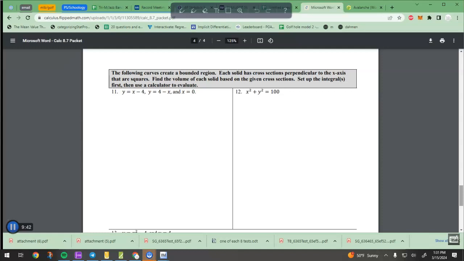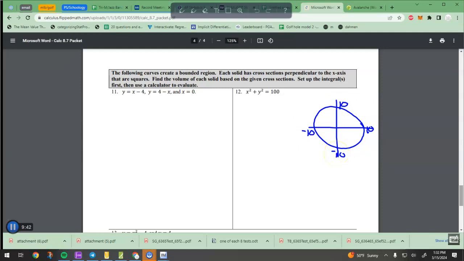Makes a circle. The formula for a circle is x squared plus y squared equals r squared. That's a circle centered at the origin, and the radius of that one is 10 because that represents the r squared. So they want to know what that's going to create. It'll look like this. That's 10, that's 10, that's negative 10, that's negative 10, and we're looking for